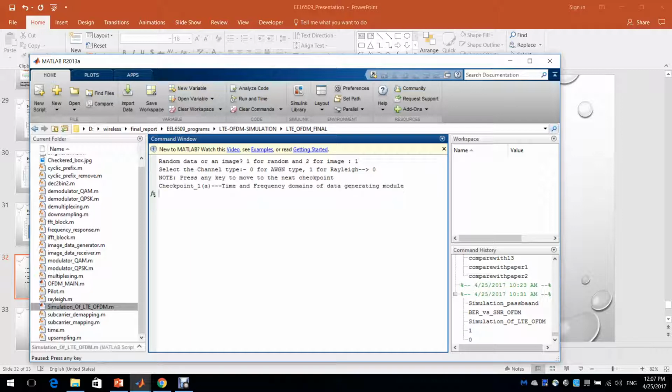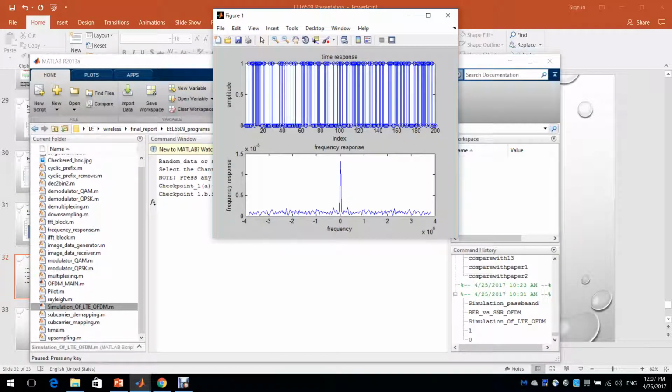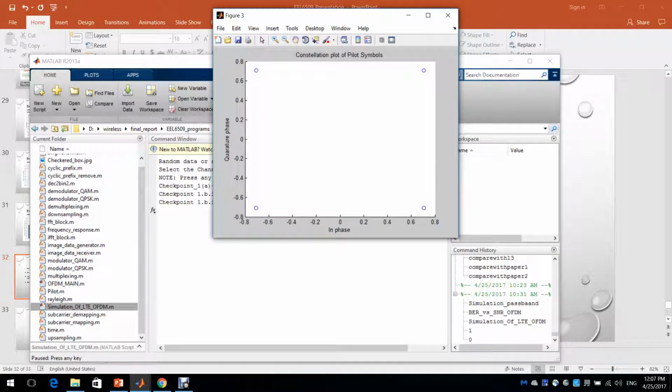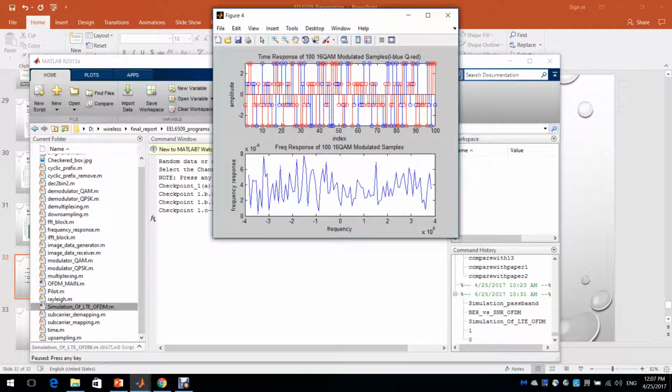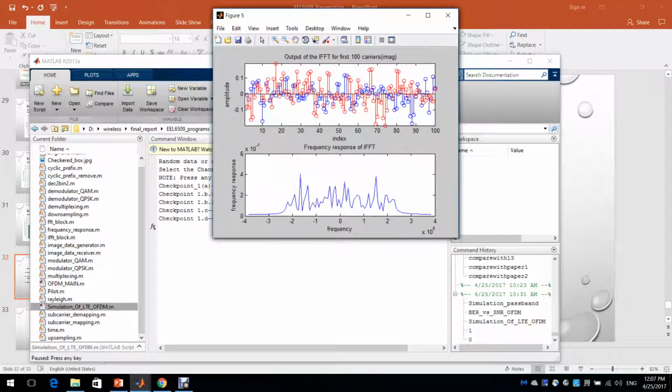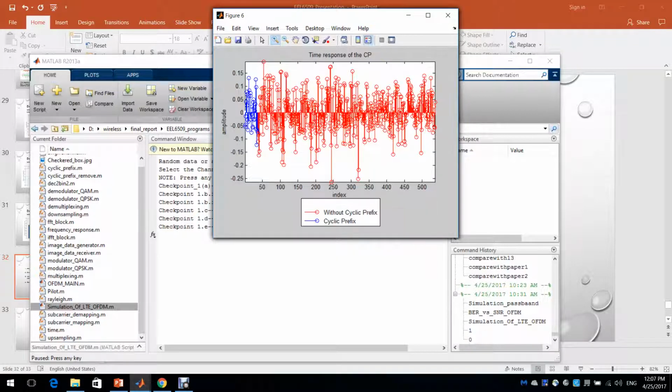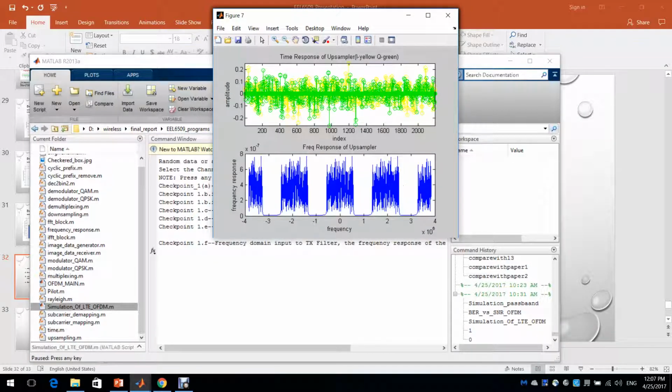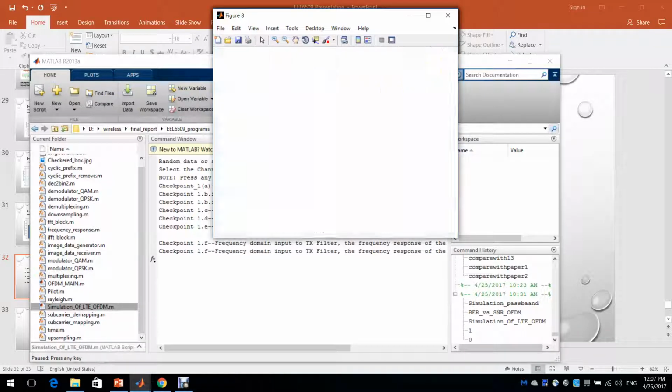You can also select the Rayleigh channel. Time response image. This is a time response under the 16 QAM modulated, and the output of IFFT, time response of the cyclic prefix, time response of upsampling